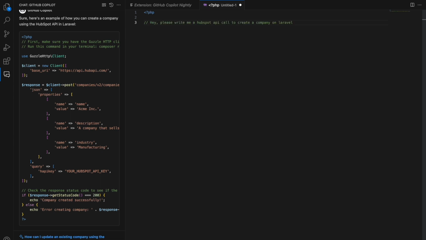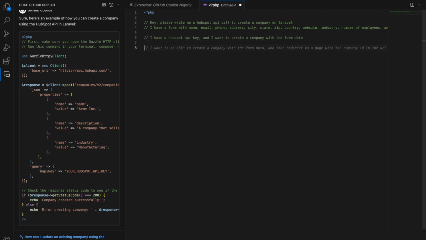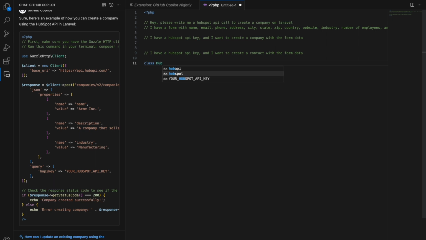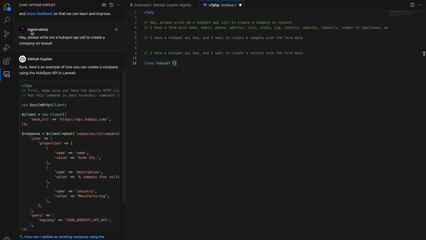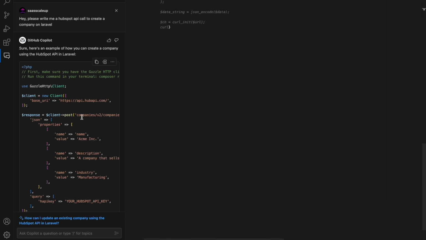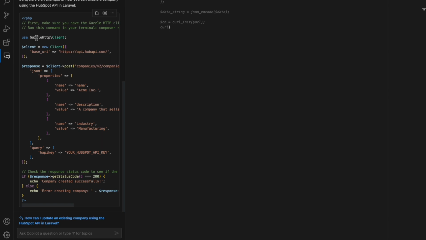This is how it works. You give a description in comments of the code that you want GitHub Copilot to create. It will autocomplete and generate the information you need. And at one point after you stop writing, it will generate the code that you need. So let's wait a few more seconds. So as you can see, it autocompleted for me,